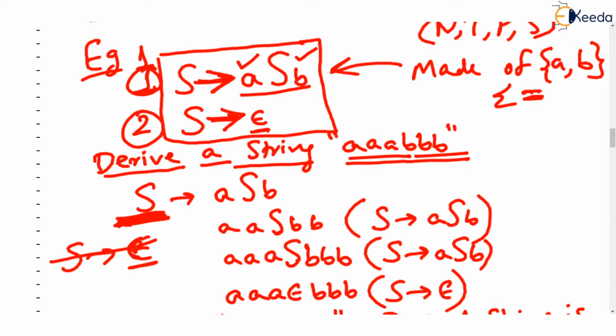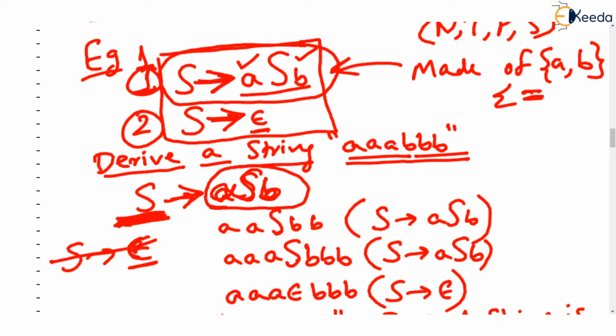So we will use our first production. S derives ASB. The arrow is read as derives. This is the beginning. But we want triple A followed by triple B. Observe carefully that in this right hand side, the first A and last B are already derived. But we want two A's and two B's, and this can be derived from S, which is exactly what we have here, ASB.